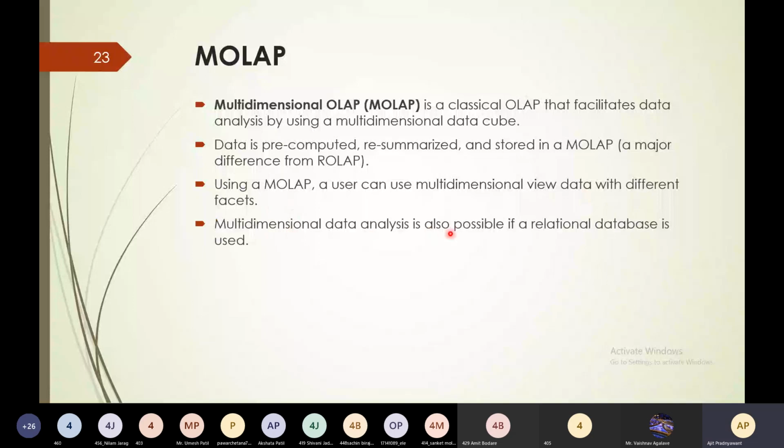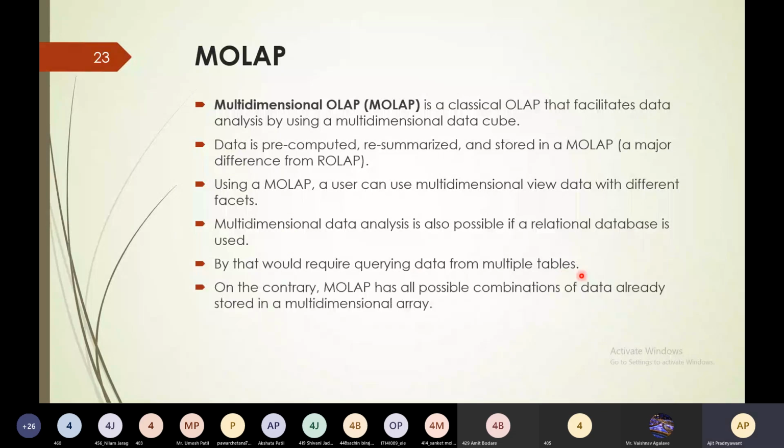Multidimensional data analysis is also possible if a relational database is used, but then you would require querying data from multiple tables. On the contrary, MOLAP has all possible combinations of data already stored in a multidimensional array.